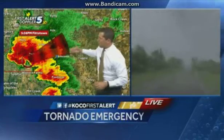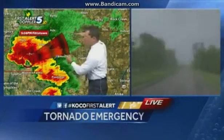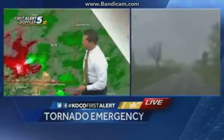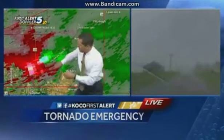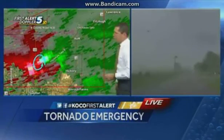This storm is moving in, and looking downstream, even for those of us outside this tornado warning: Fittstown, Tupelo, Gertie, non-Colgate, all of Central Oklahoma, this storm is going to be moving in your direction. You have at least a good 20 to 30 minutes before this storm moves in, but Jonathan is showing the velocity and where we are seeing this rotation right now, just right along the Chickasaw Turnpike there,